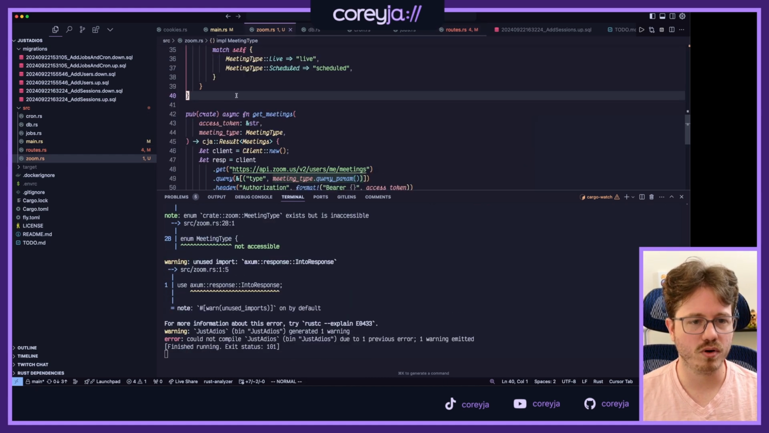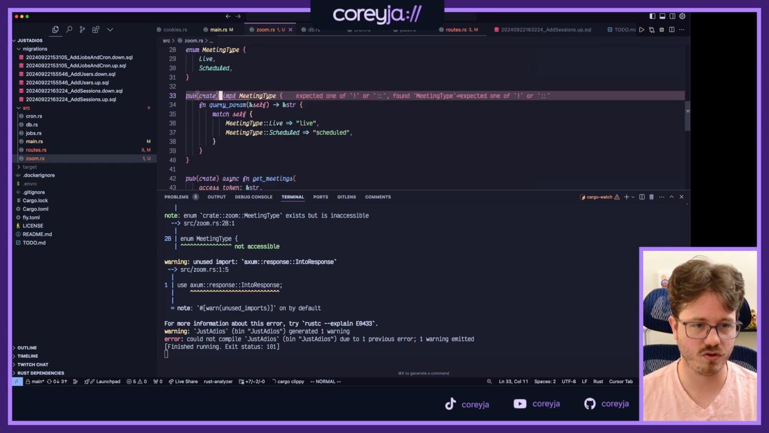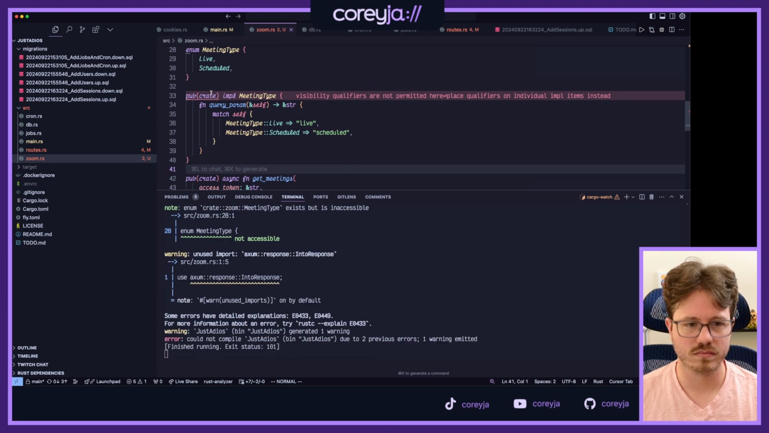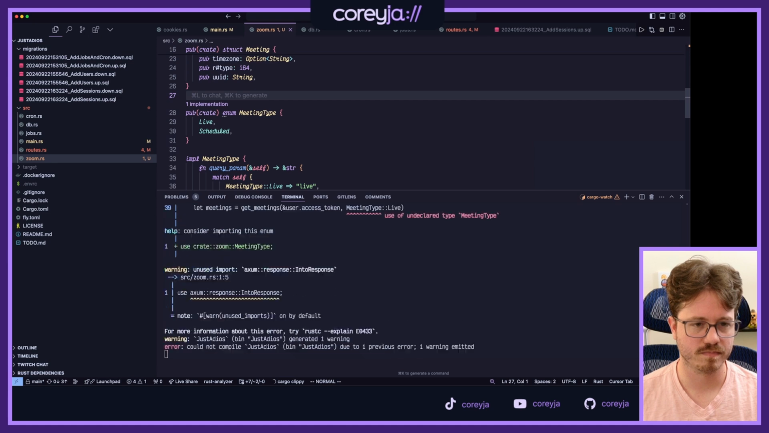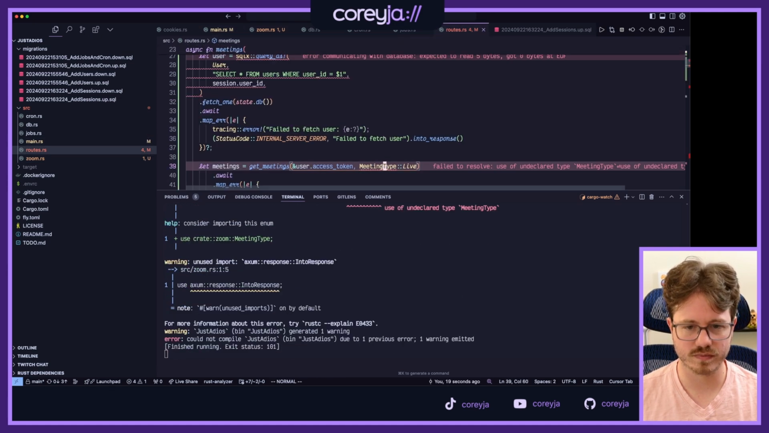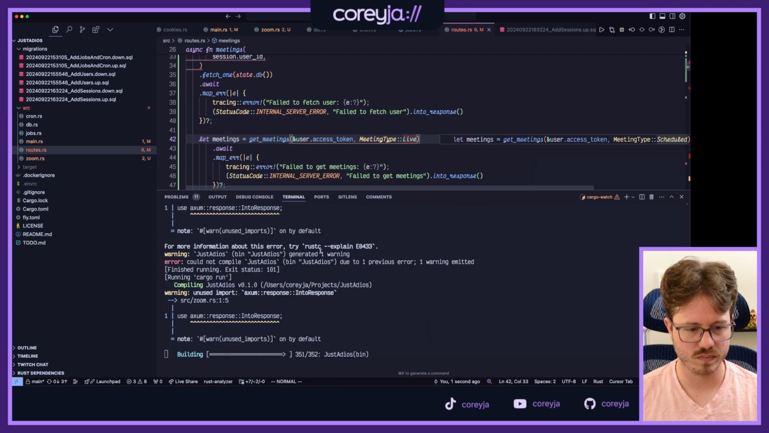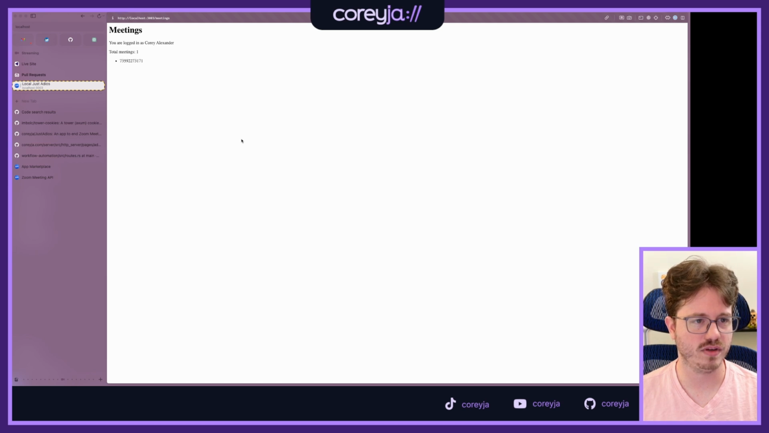Needs to be importable. Pub for the crate. Wait, oh, I didn't want it on the impl. I want it on the enum. Perfect. Routes. Import it from there. Okay, so now I should be able to get both live and scheduled meetings if I ask for them. Okay, so now